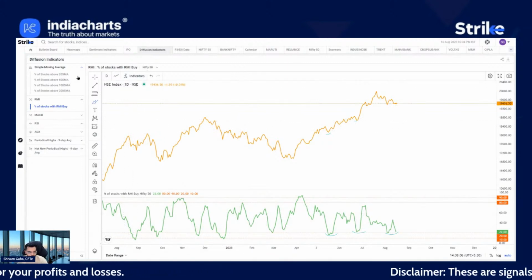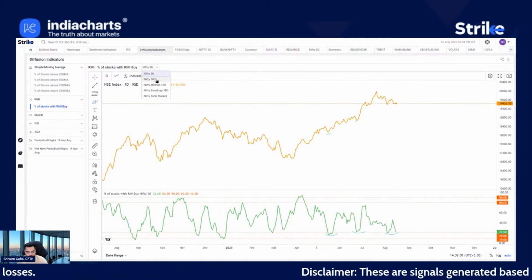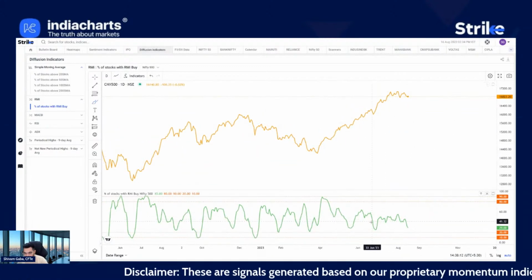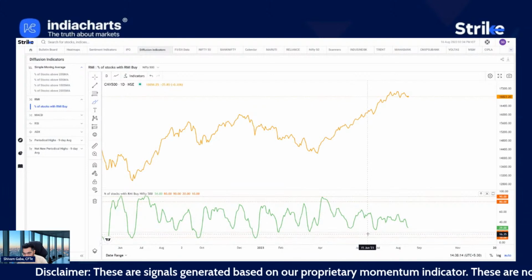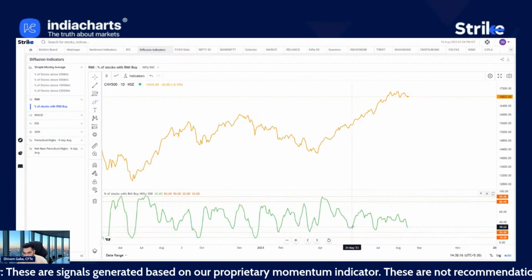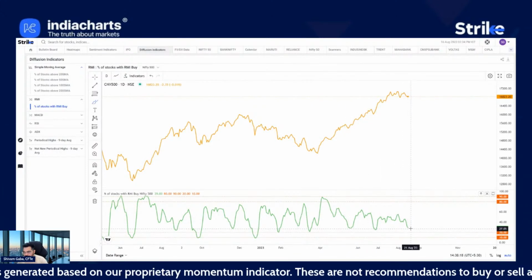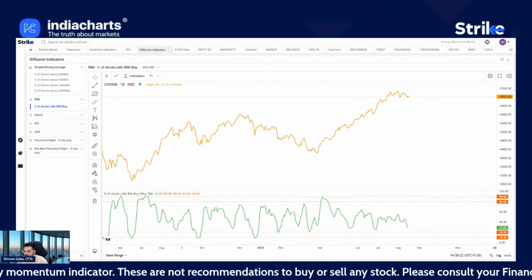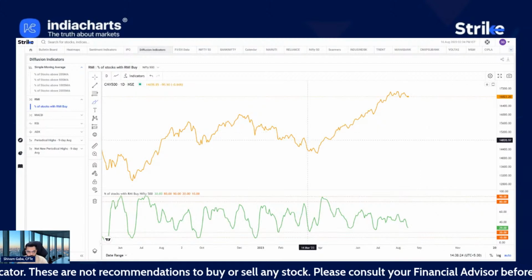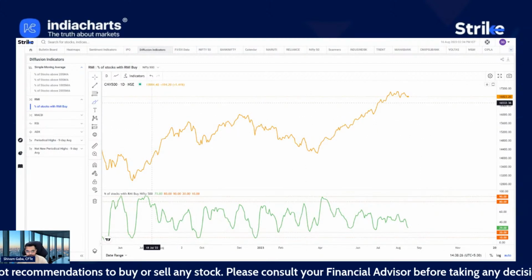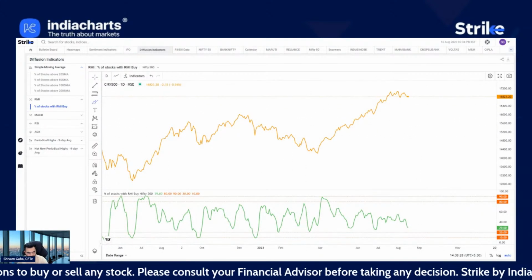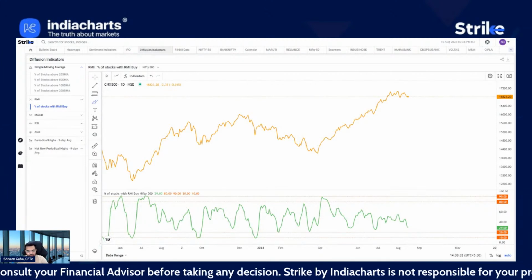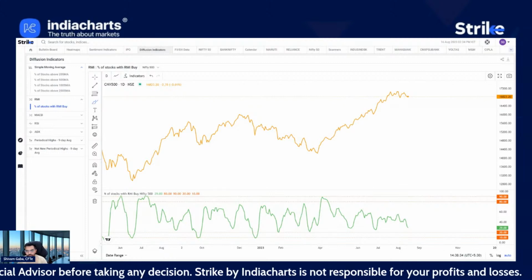If we try to look at the same indicator for Nifty 500, then it is slightly different because it has not reached the extreme end even the previous two times, and it is hovering around there only. So this basically means that the broader market has been quite strong compared to the headline index, which is the Nifty itself, and that is visible across different indicators like percentage of stocks above a given moving average as well.